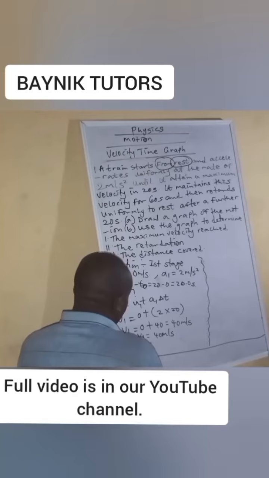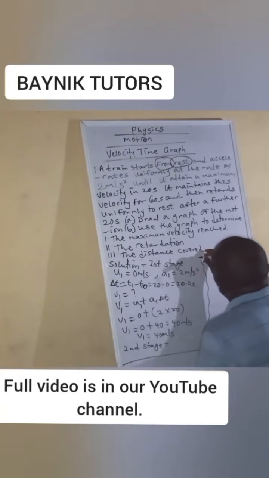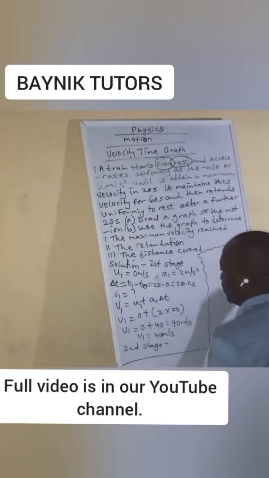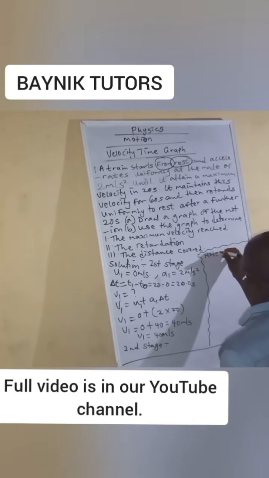So let's move to the second stage. For the second stage of our motion, if you note this, our v1 is also the initial velocity